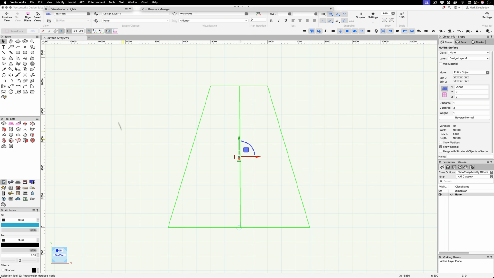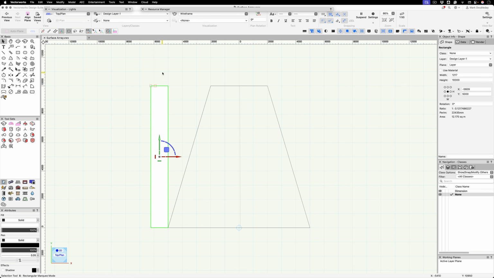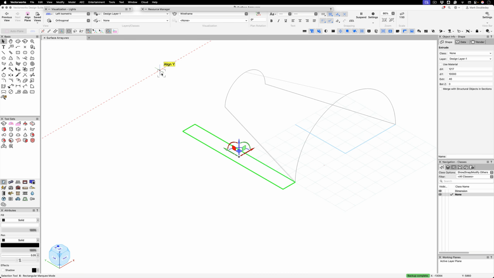Okay, go to a top plan view. I'm going to draw a simple rectangle, just like that. And I'm going to extrude this by 40 millimeters to give us a solid object. And this is going to form the basis of the planks or the slats that go around the shape. So I'm going to go to a left isometric view,